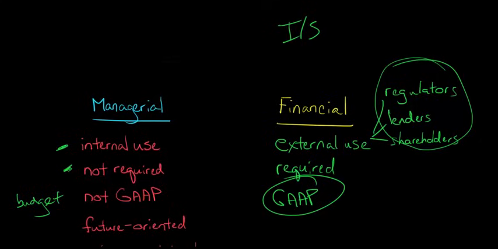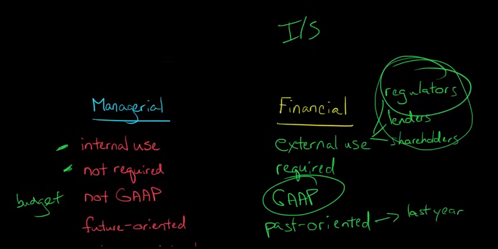But when we think about financial accounting, it's really past oriented. With financial accounting, we're not saying, well, what's our budget for marketing next year? We're saying, what was our marketing expense last year or last quarter? Because that's what we're going to put together income statements and balance sheets with and then give that to these constituents here. So financial accounting is really measuring transactions and things that happened in the past, and kind of putting it together for these external parties.